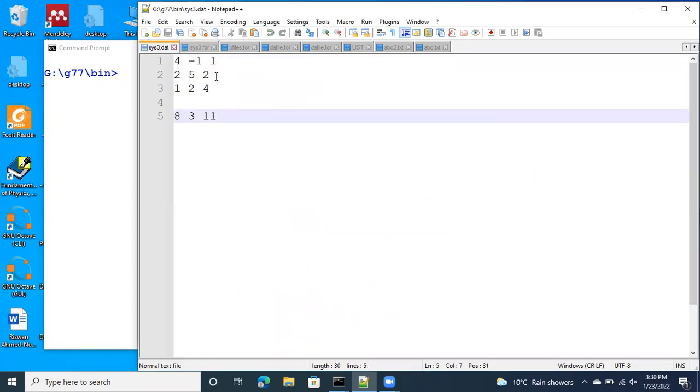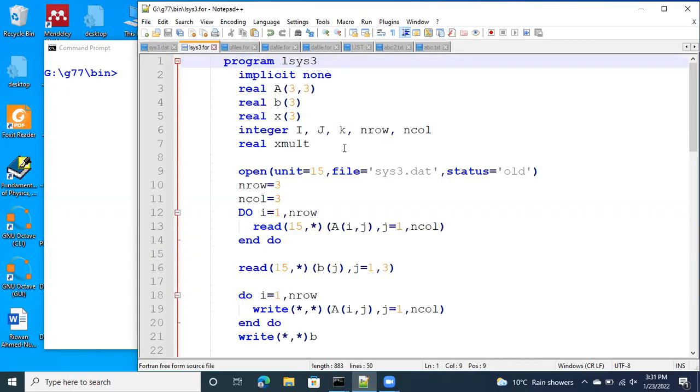So a 3 by 3 matrix was read, and a column vector 8, 3, 11 was read, and these are the lines. So file 15 unit, this is the old file, and with these